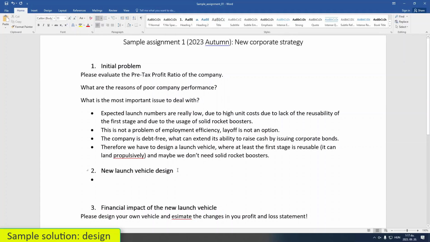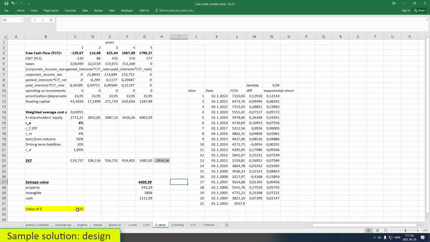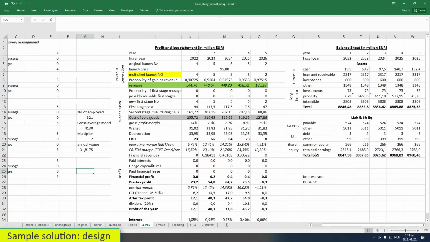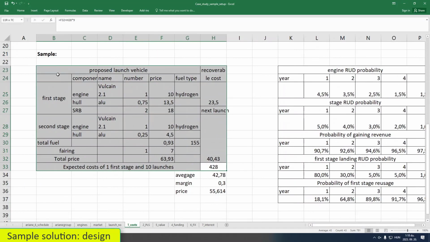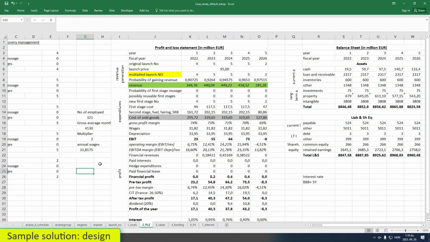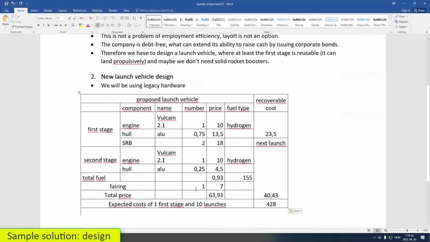So, we are using legacy hardware, which is already on the shelves, hoping that it can be reused. So yeah, practically we can copy this table, and we are designing a vehicle made from legacy hardware, but we are not doing the same thing like the